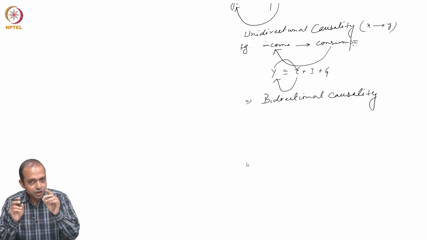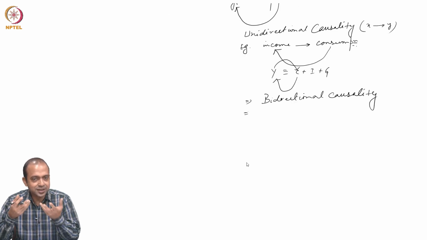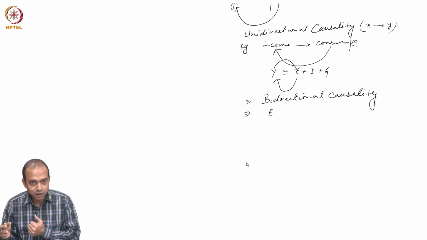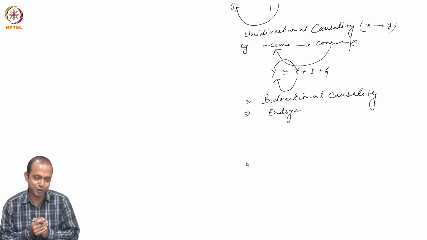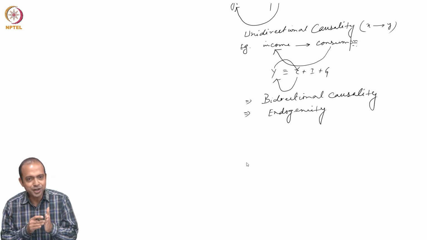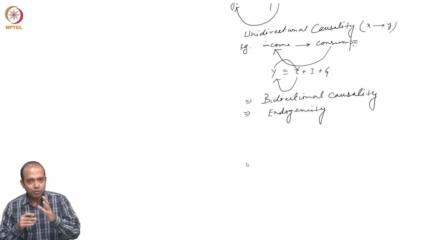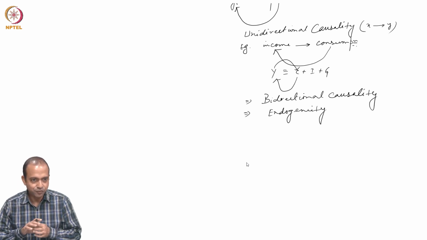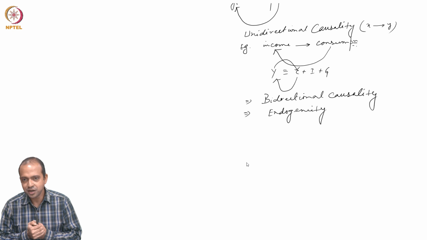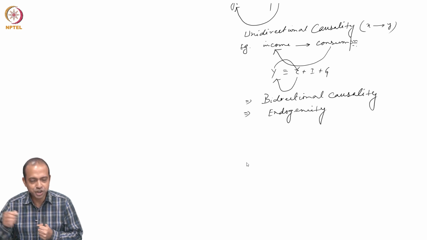We will consider two equations to explain a simultaneous equation model. We will also try to differentiate a model which is not actually a simultaneous equation model, even though apparently they all look like one. So, in case of simultaneity, for example, let us say you are estimating a demand function, wherein demand is a function of price and quantity, and both price and quantity are jointly determined, we will have an endogeneity problem.